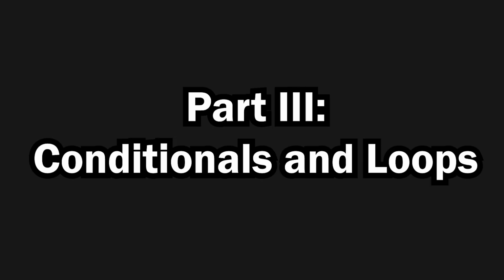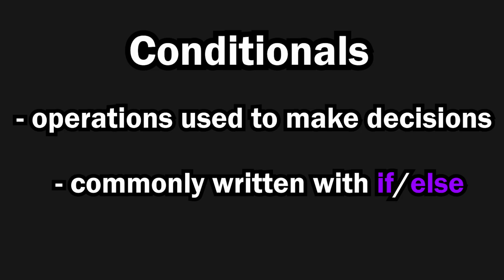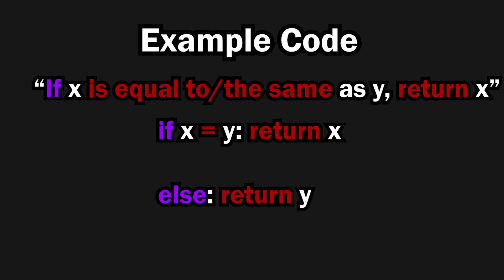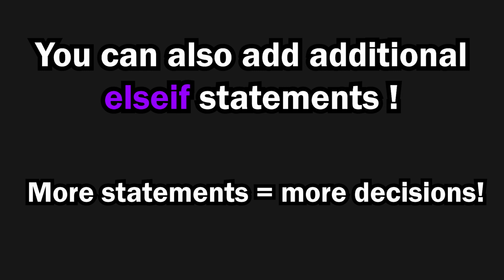Now that we are beginning to understand things, let's get into conditionals and loops. Conditionals are operations used in coding to make decisions, commonly written with if and else. Here's some example code. We can read this code as, if x is equal or the same as y, return x, otherwise return y. You can also add additional else-if statements, which can allow you to make more decisions on